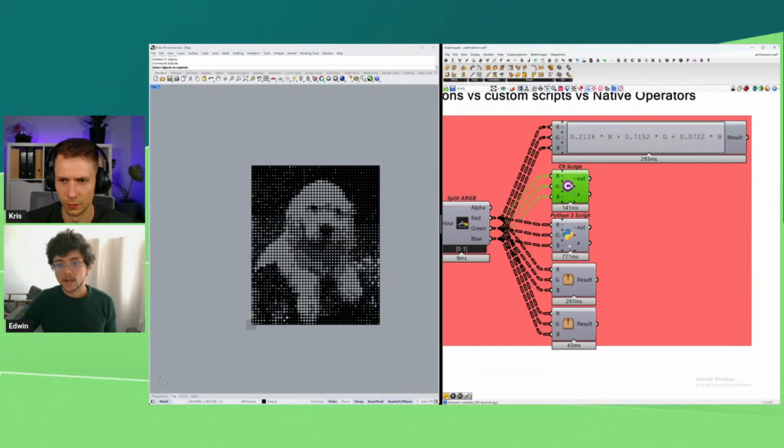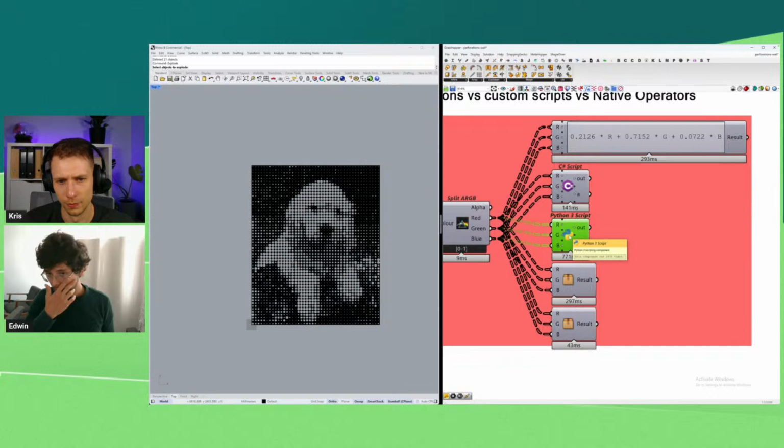Then you have C# and Python. We at ShapeDiver always recommend using C# because it's normally faster to compute. As you can see here, it is significantly faster. The reason is normally that Python is compiling all the time on the fly, whereas C#, as long as it compiles once, normally takes a bit longer the first time, but after that it is already compiled, it's just zeros and ones, and it gives you a result straight away. Python needs to be compiling all the time, and then it takes way longer.